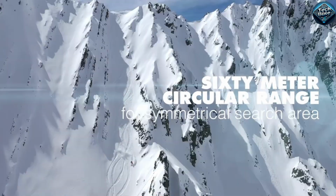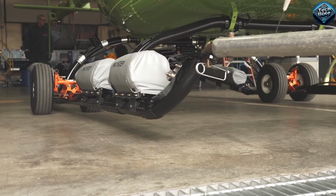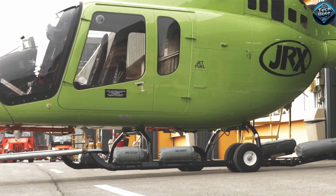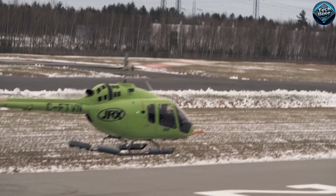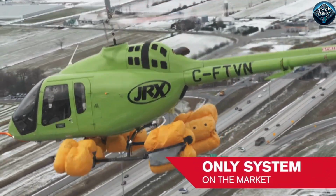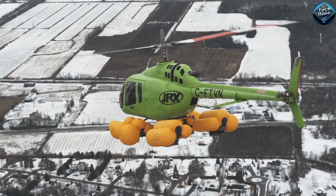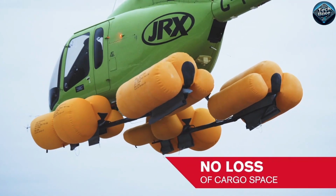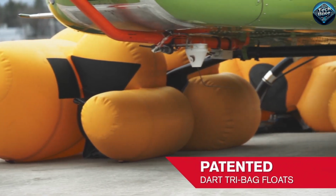The Bell 505 Helicopter Emergency Flotation System is a groundbreaking safety feature designed to enhance survival rates during water landings. This innovative system consists of inflatable pontoons that deploy instantly upon contact with water, providing crucial buoyancy and stability. With a quick activation process, it allows the helicopter to float, giving passengers and pilots time to